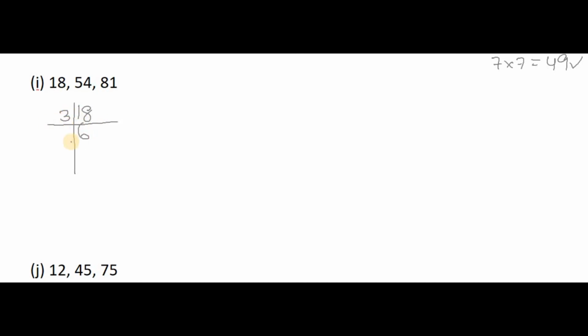3 6s are 18, 2 3s are 6. So 3 is a prime number, so we'll stop finding the factors. 18 3s are 54, 3 6s are 18, 2 3s are 6. 3 is a prime number, we can stop finding the factors. And 81,